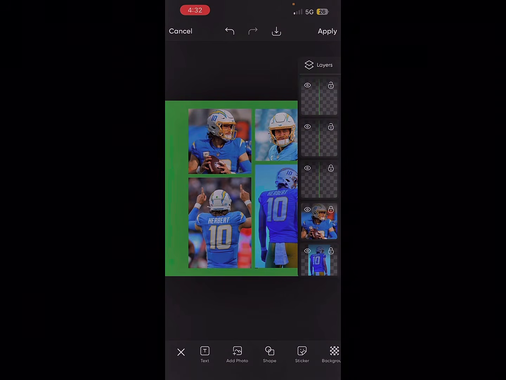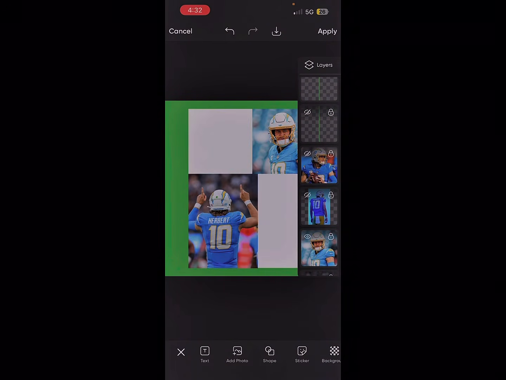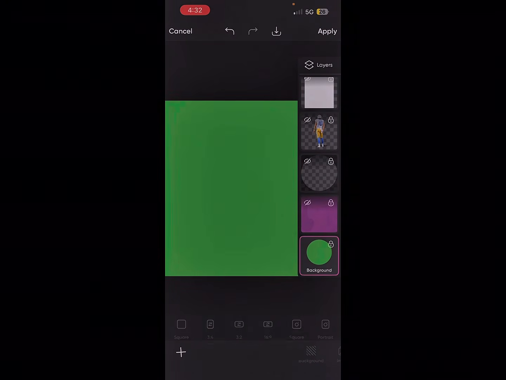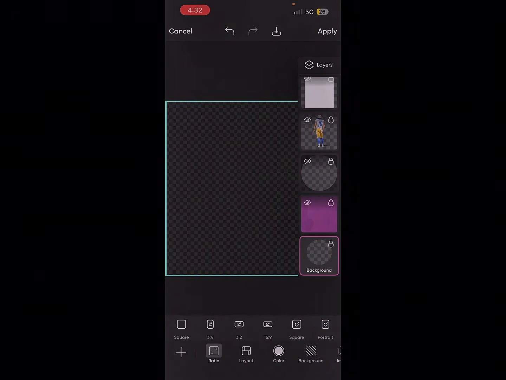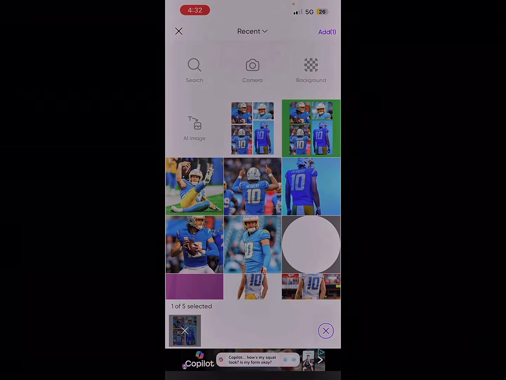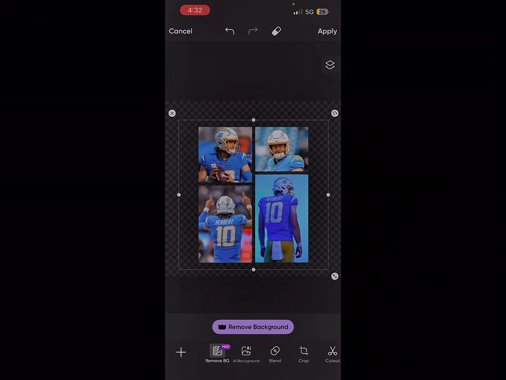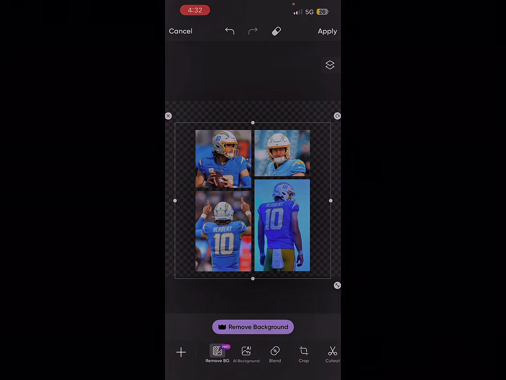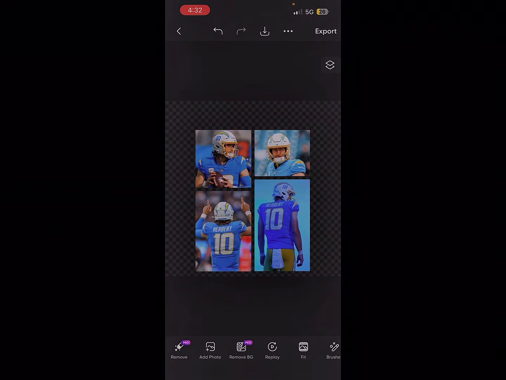You can turn the visibility off for all of this stuff. You won't need the green anymore, so you can clear that. And you're gonna go back to pictures, open up the thing you just removed the background for, and then yeah, just size it up a little bit. And then for this,